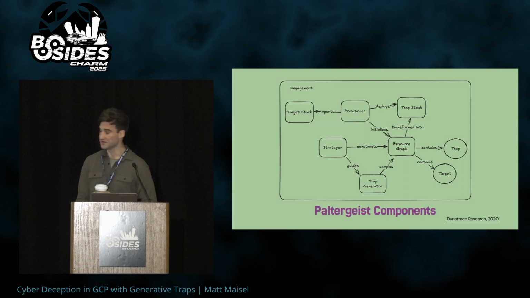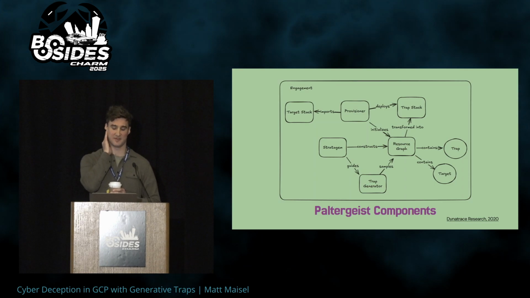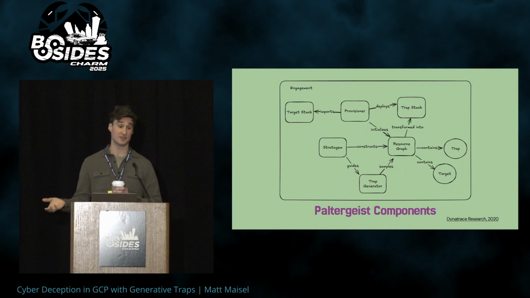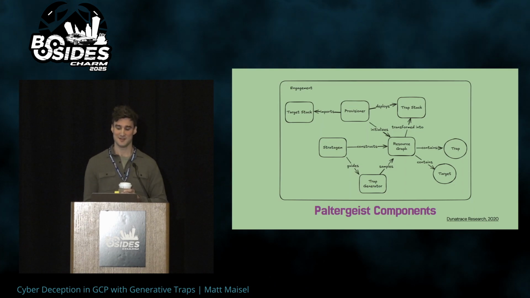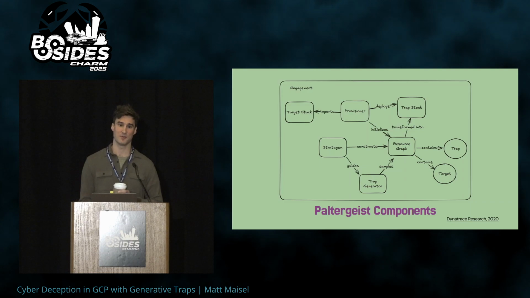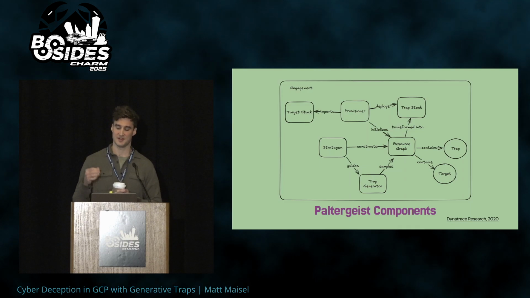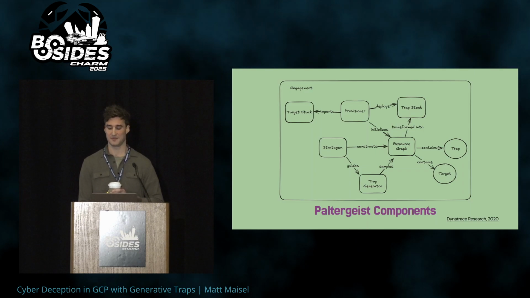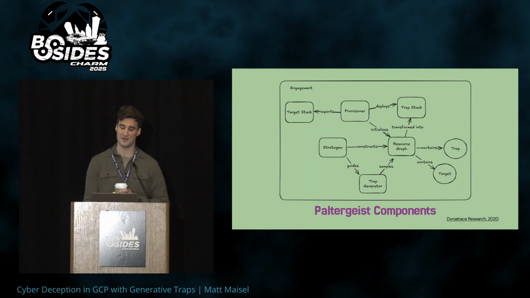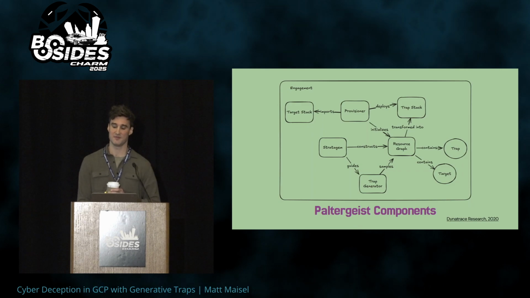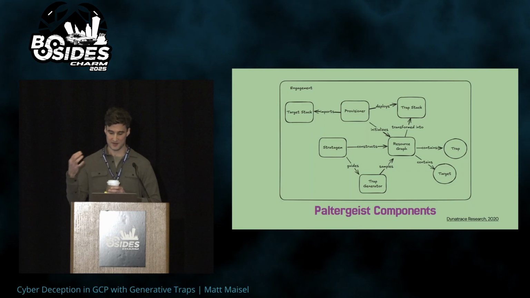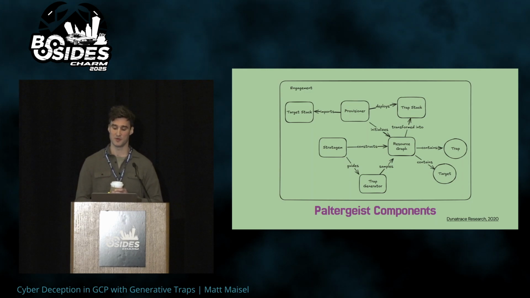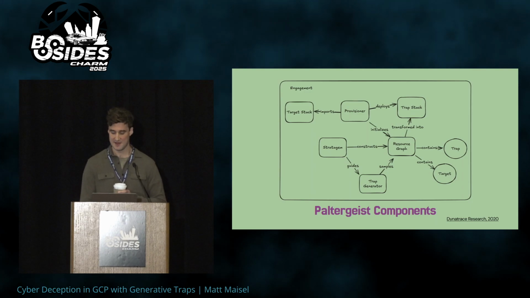So how does this all work? This is just a diagram of the Poltergeist components. This is an architecture inspired again by Dynatrace research, who by now, throughout the talk, I think, have published some great papers. They have some great work around deception. There's a framework they put out a couple years back that formulates the use of deception modules in the cloud, specifically trying to inject them into different resources and build up graphs of multi-step cyber attacks that could be alerted on with traps.